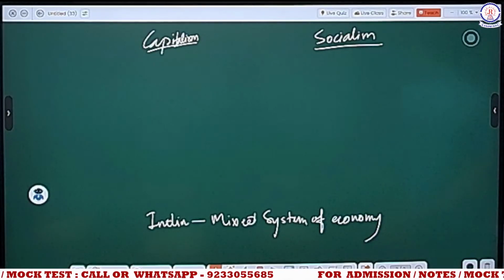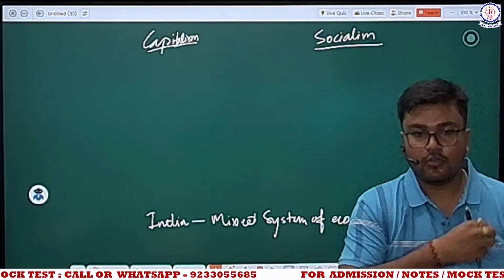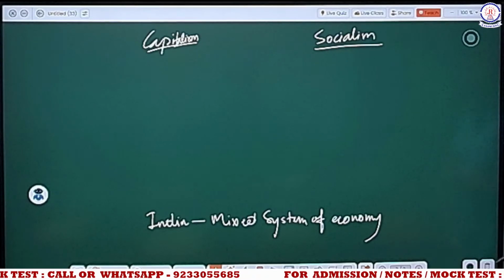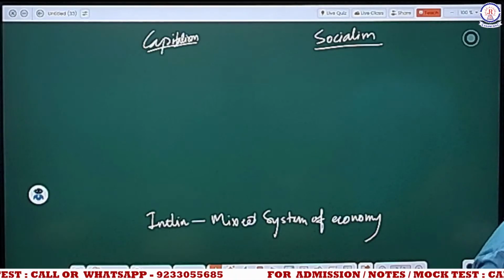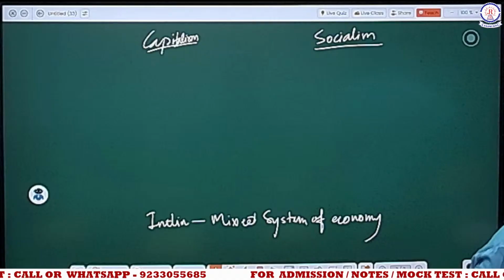That is, it had social welfare policies in mind, but it also believed in market forces, and believed in private property, private investment, and private industries also. Okay, so